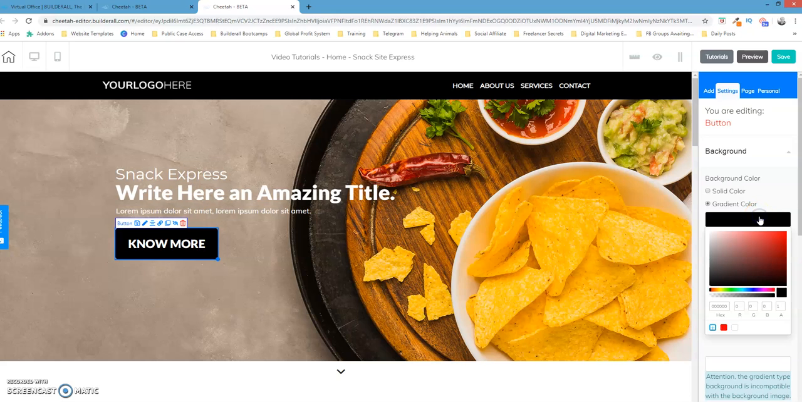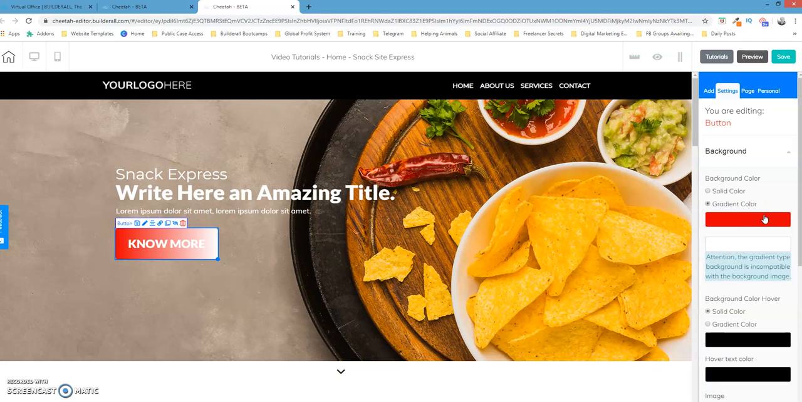click on this solid color bar right here, and select any color that you want. Now as you can see over on the left hand side, the button changes color. It's not completely solid red, as you can see. A definition of a gradient is basically that we're going to have multiple colors on our background. So we're going to first select our first color here,